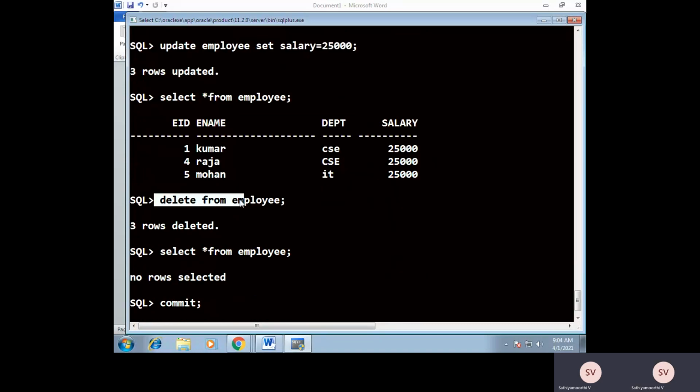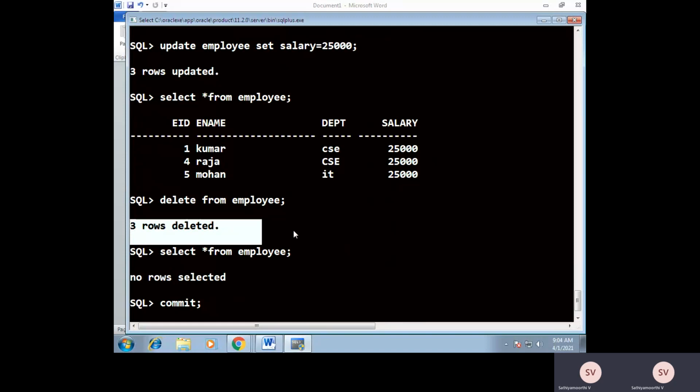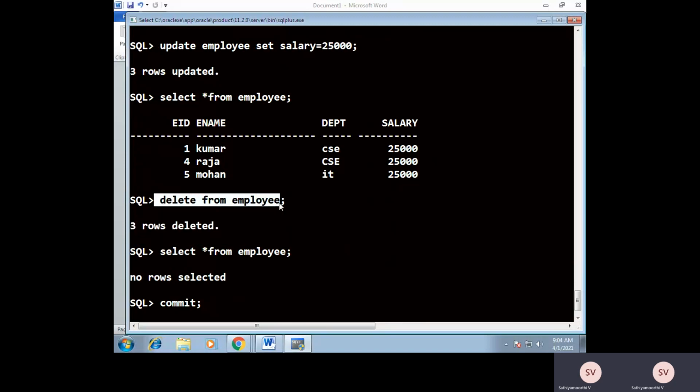Okay, the delete command is used for deleting. Already we have seen it. If I have not given any condition, then by default it will delete all the existing tuples. So truncate, you can also use. The main difference between delete and truncate is that with the truncate command there is no need to specify any condition, but with the delete command you can specify the condition and delete certain records.